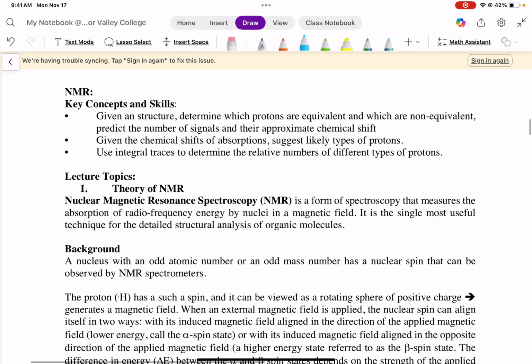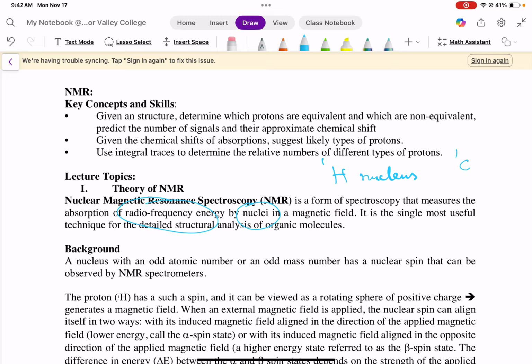NMR is the most sophisticated method among the 3 spectroscopic methods: IR, mass spec, and NMR. Now this one actually, you'll be surprised, we're using very simple, very low energy radio frequency energy, and we're going to use that energy to hit the nuclei in the presence of a magnetic field. And that's the goal, each nucleus, for example, like a hydrogen nucleus,